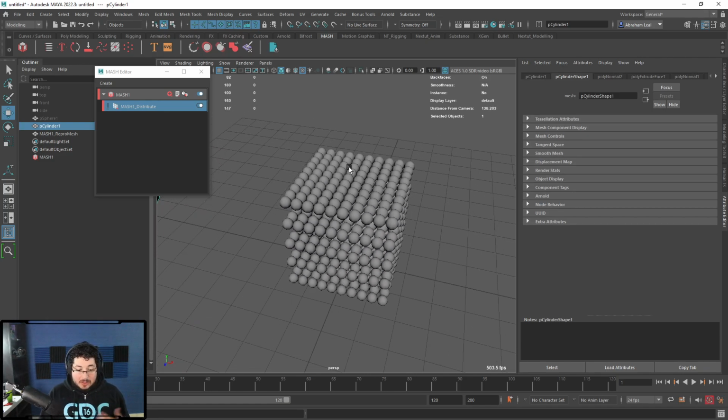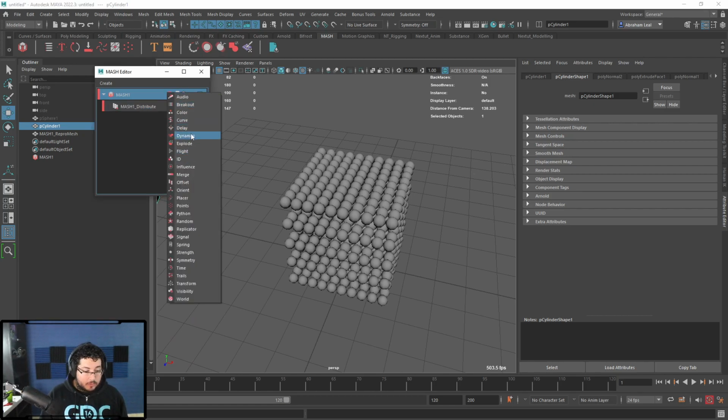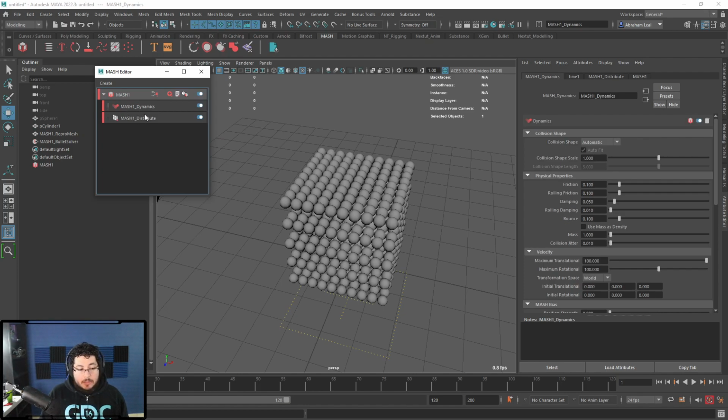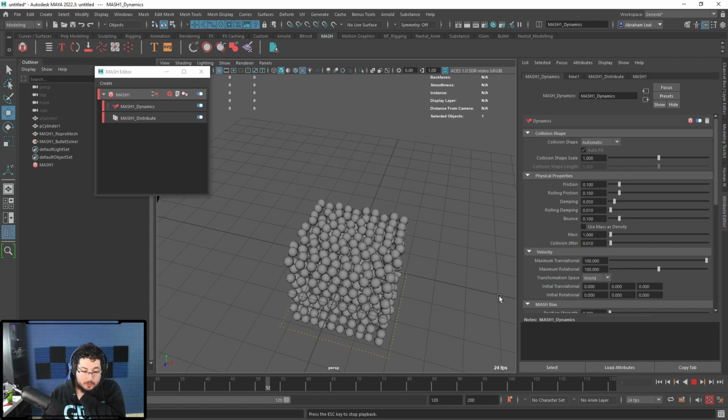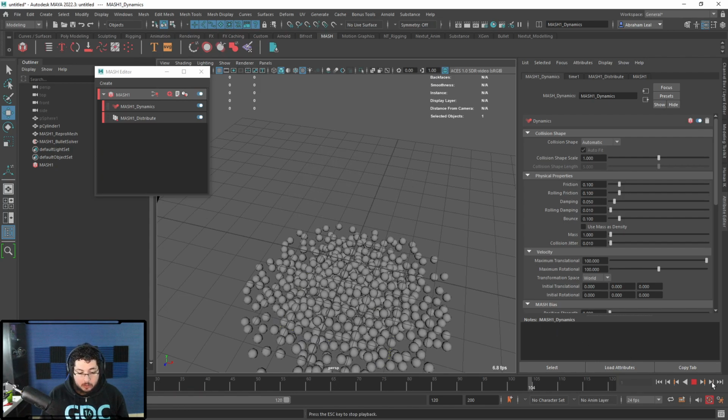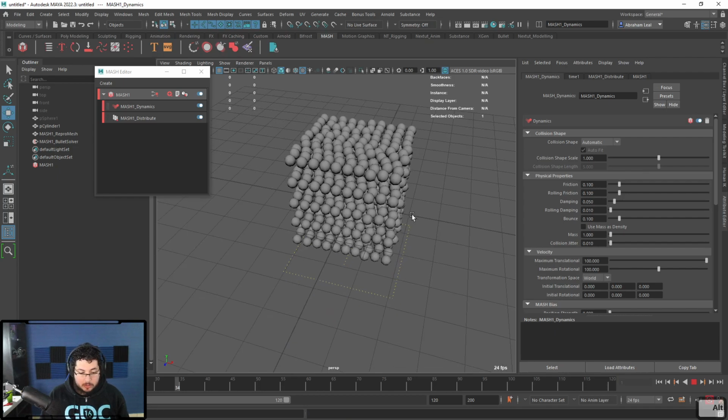Hopefully my computer doesn't crash, because this is a little bit heavy for dynamics, but we can do it. I'm gonna add a dynamics node right here. And what the dynamics node does is it adds a bullet solver. So it's using the bullet system to get everything to work. If I hit play right now, all of the little spheres are gonna fall down. And as you can see, there's a floor right there, and they're just gonna spill all over the floor,